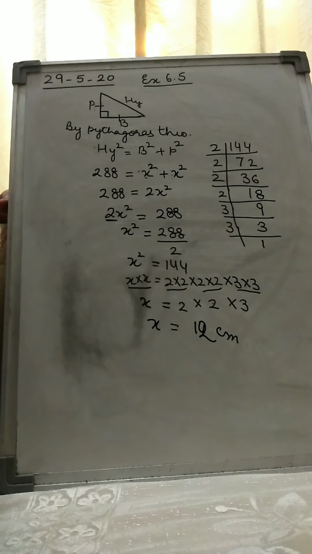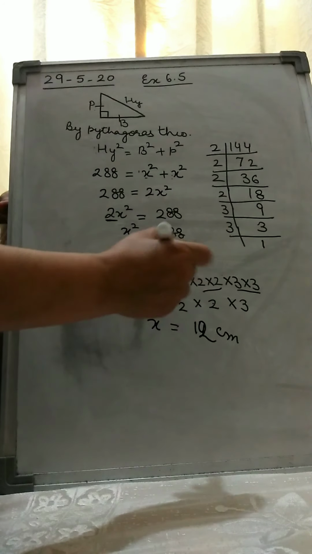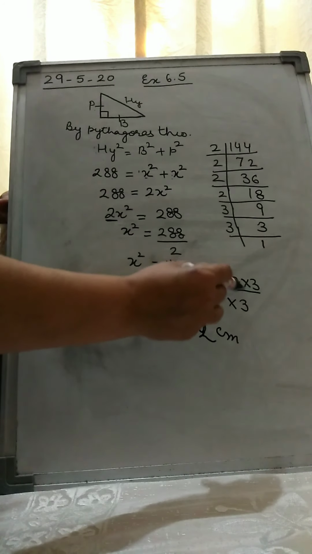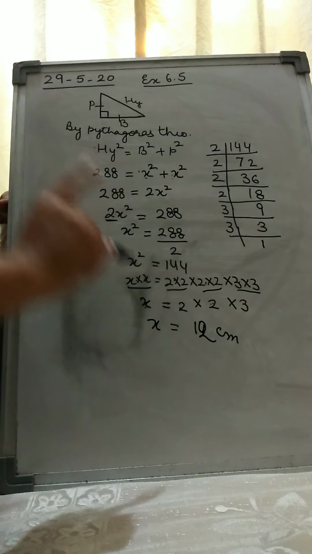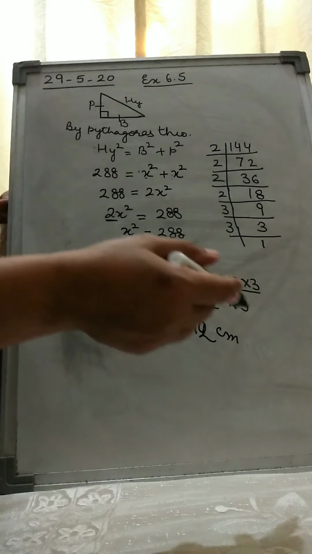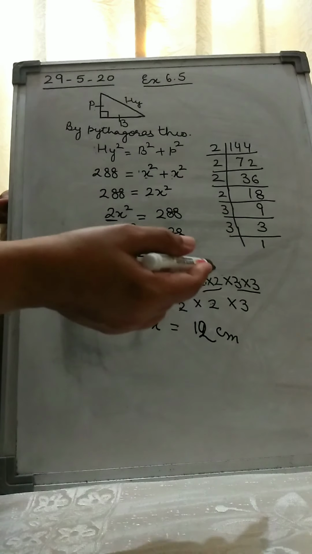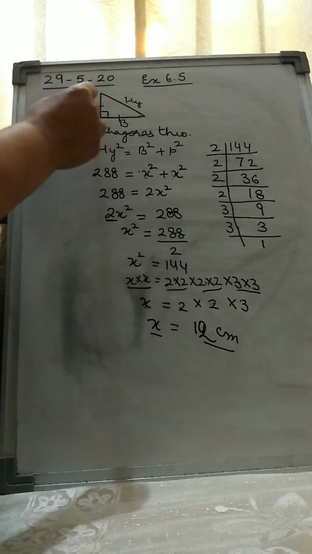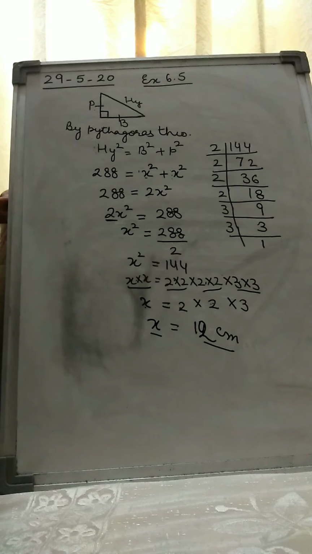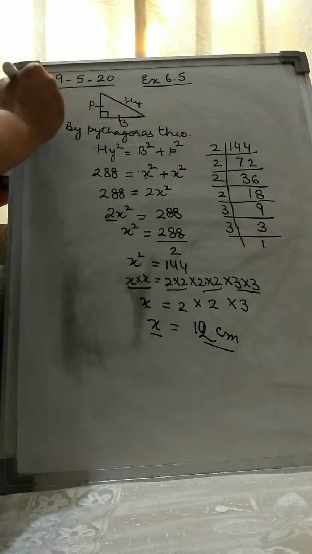Is that clear? So from each pair you are going to take 1, as on the left hand side also you are going to take 1. Don't think from one you have to take; from every pair you have to take 1 and then you will multiply. So the value of x is 12 centimeter. Each of the equal sides is going to be 12 centimeter. In this manner, this is your question number 5, which I have already solved for you.